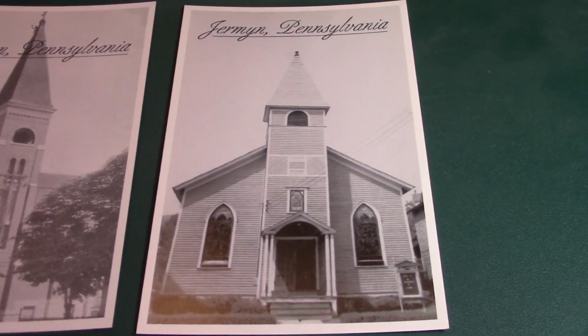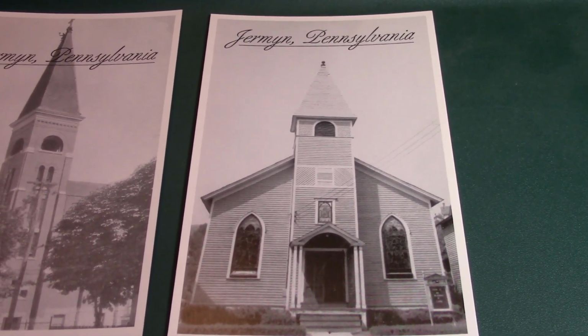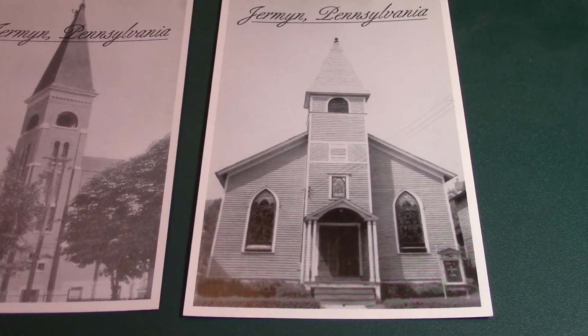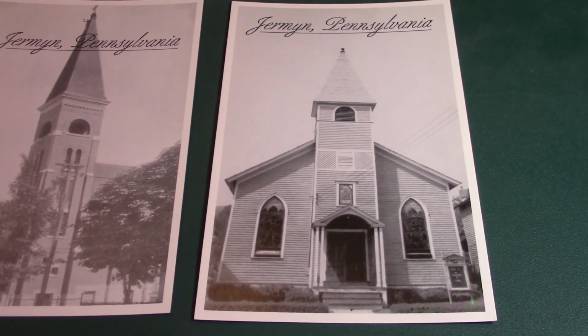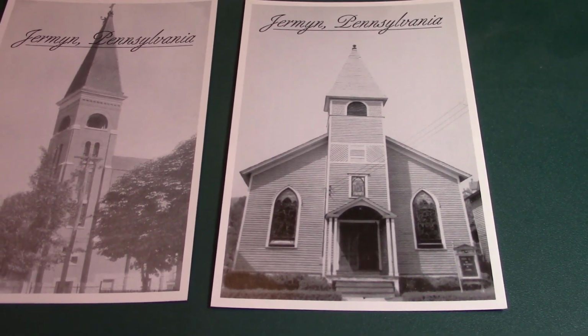And this is the Primitive Methodist Church. This was built in 1895. They used to meet on Rushbrook Street in a hall, and they had enough people to get put together to make a congregation that needed a big church, and they built a church on Jefferson Avenue and Division Street. And the only church that's missing is the Welsh